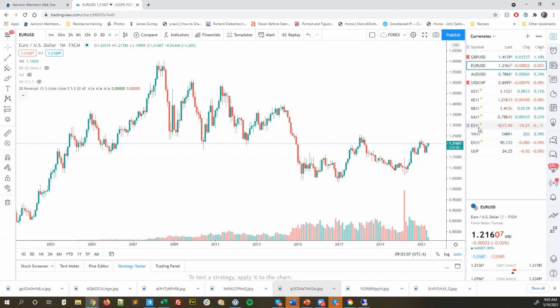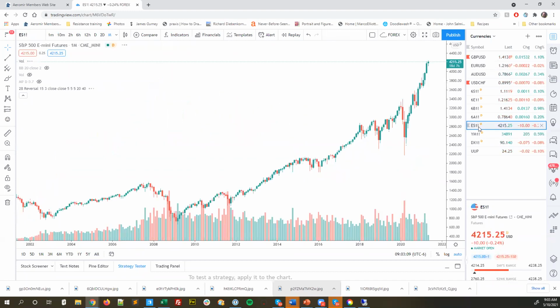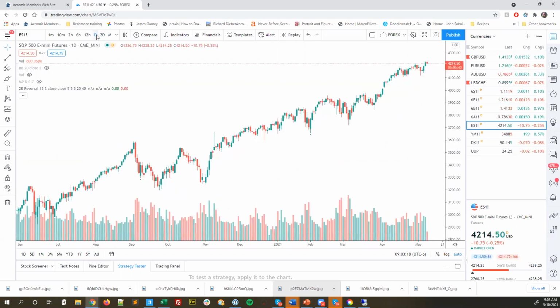All right, so I just wanted to make people aware of that in case they're doing any currency stuff. Here's a monthly chart of the ES, kind of crazy. Brexit is looking better and better all the time.